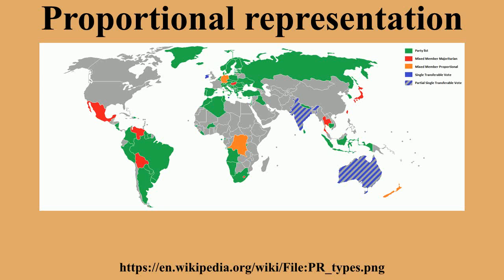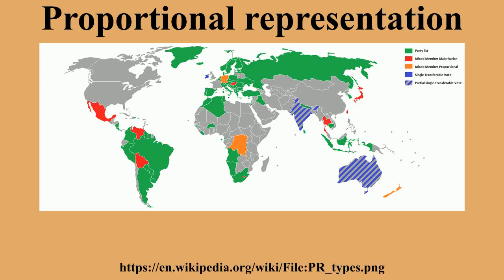Plurality majoritarian systems can also disproportionately benefit regional parties that can win districts where they have a strong following, while other parties with national support but no strongholds, like the Greens, win few or no seats. An example is the Bloc Québécois in Canada that won 52 seats in the 1993 federal election, all in Quebec, on 18% of the national vote, while the Progressive Conservatives collapsed to 2 seats on 16%